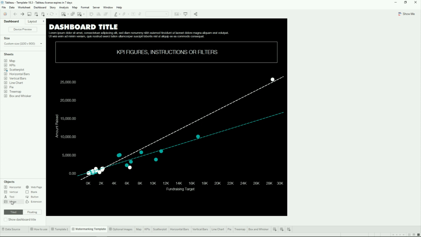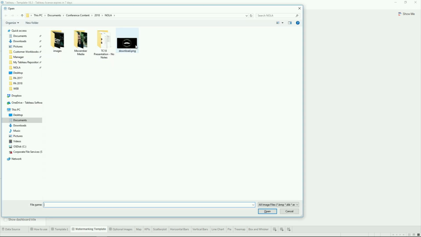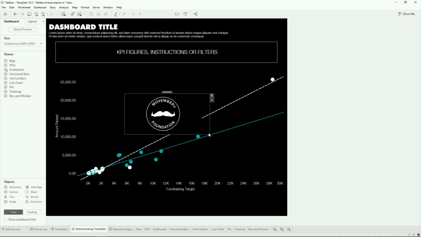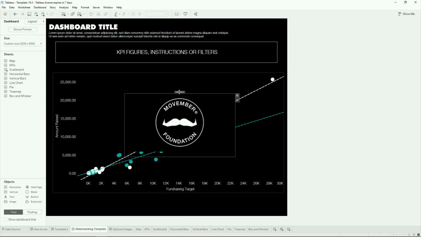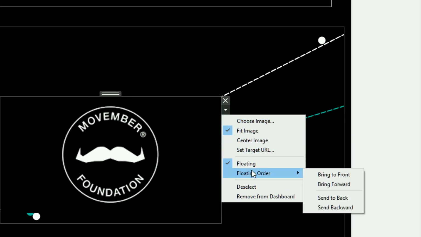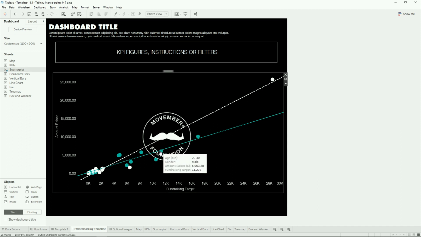To do this, again, I'm going to drag in a floating image, which I love. I'll select a different Movember logo and make it a bit bigger. And to get this to go behind my scatter plot, all I have to do is send this to the back of my visualization. And now I have a visualization on top that's still fully interactive with the Movember logo behind it.